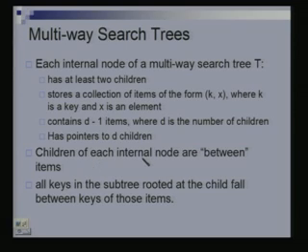So, the children of each internal node are between the items, right. This is what I mean by between, it's in quote. So, you have a certain node, it has the various keys or items. If you look at 2 consecutive keys, then all the items which have key values between that consecutive pair would be in one subtree. For that, you will have to follow one child.